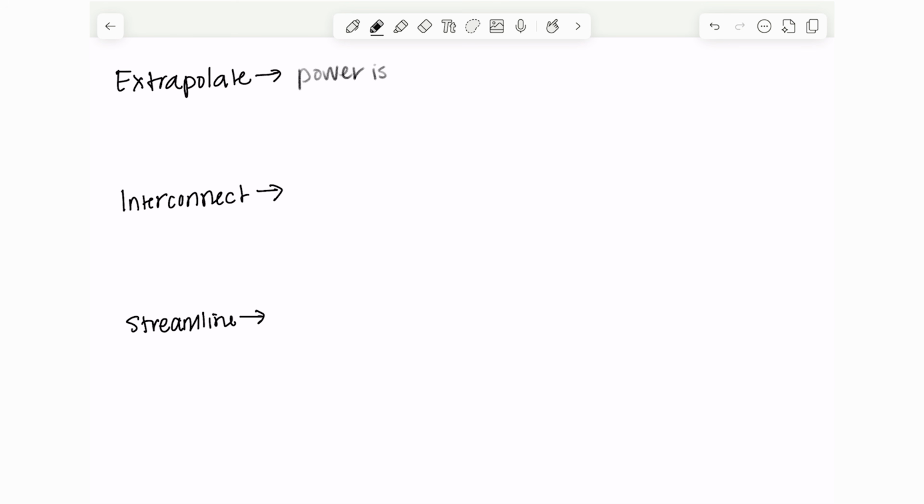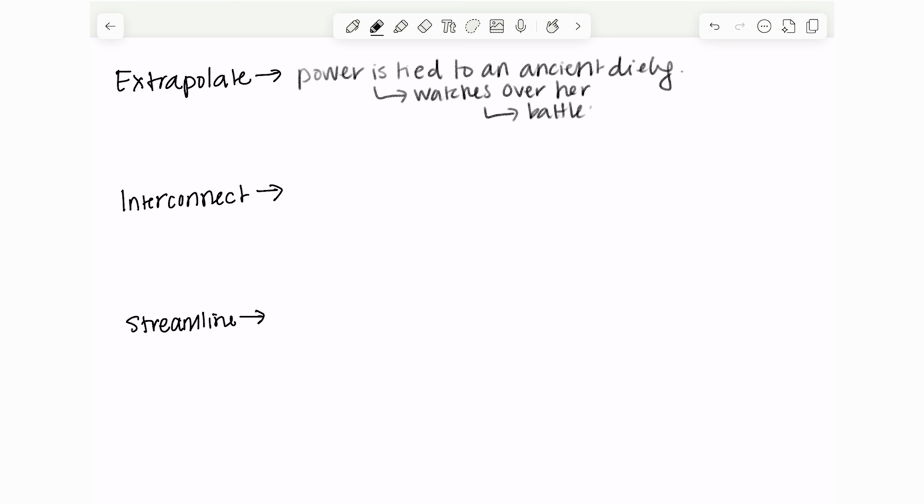So, how will I apply this to my own writing? Let me return to the concept of my main character, who we said has the ability to summon sea creatures. First up, extrapolating. Maybe I'll say that the protagonist's unique power to command sea creatures isn't just a random cool power, but is actually tied to an ancient sea deity that watches over her. And this divine bond between the sea deity and my main character can create both challenges and obstacles. For instance, the deity might influence the tides or weather, or even get into battles with other deities, forcing the main character to think creatively and adapt to solving new problems.